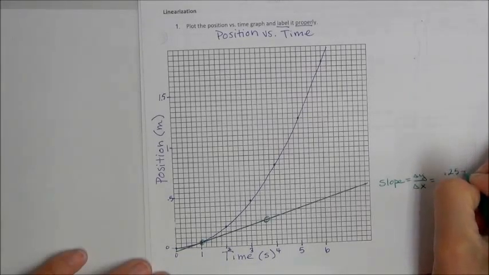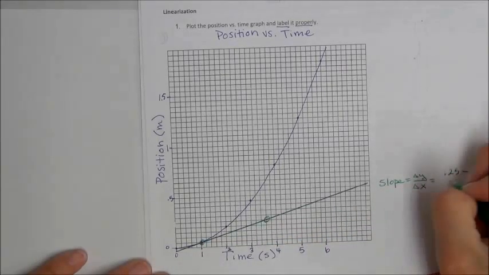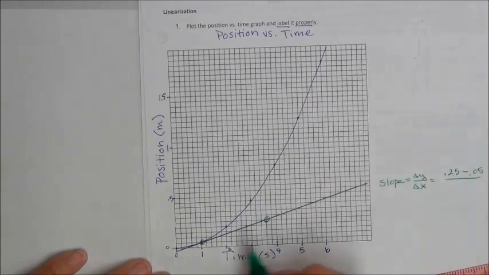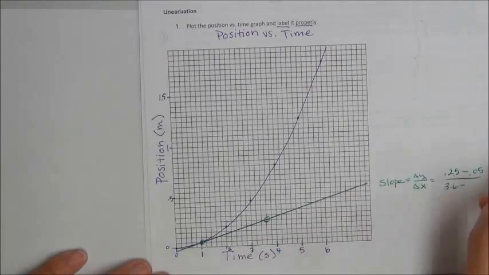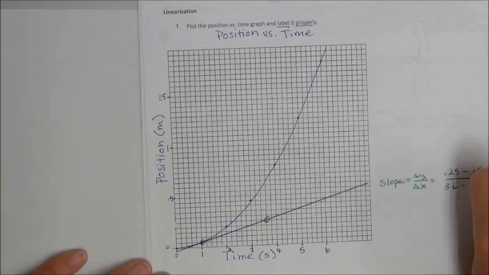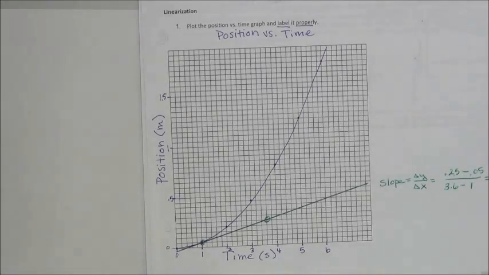And then I subtract y1, which is 0.05. And then I divide by my delta x, so my x final is 3.6, and my x initial is 1, excuse me. So then I get 0.2 divided by 2.6. And if I do that on my calculator, I can find